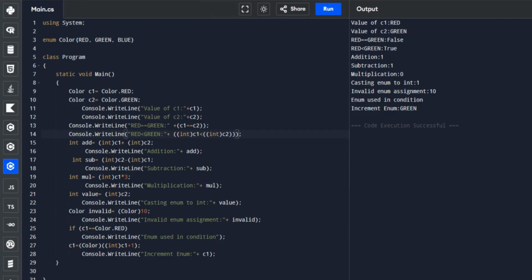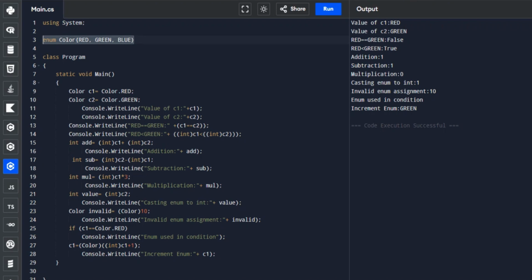Similar to the previous program, the enumeration name is Color, and here we have red, green, and blue. The output shows the result of different operations, such as assignment, comparison, arithmetic operation, casting, and conditional checks.